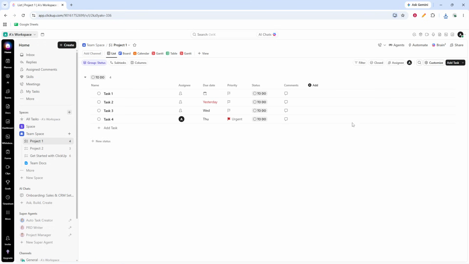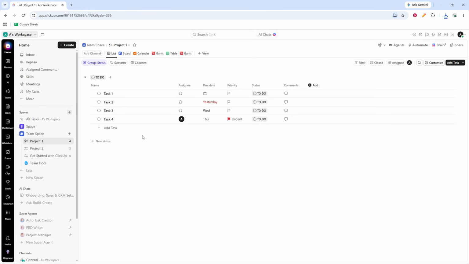Next, go to the left sidebar and select the space and the list where you want to create your tasks. In ClickUp, spaces and lists help separate different projects, teams, or types of work, so choosing the right list is an important first step. After that, make sure you are in list view. You can do this by clicking list at the top of the page. List view is especially useful when you want a clean, structured layout for managing tasks and subtasks, because everything appears